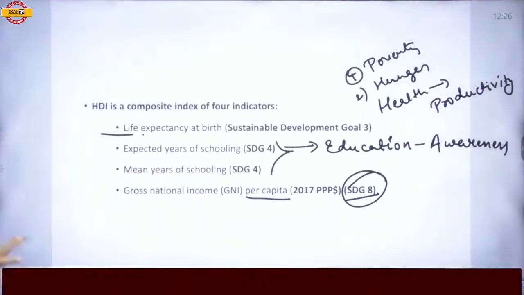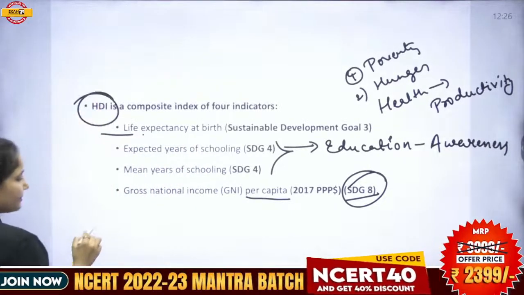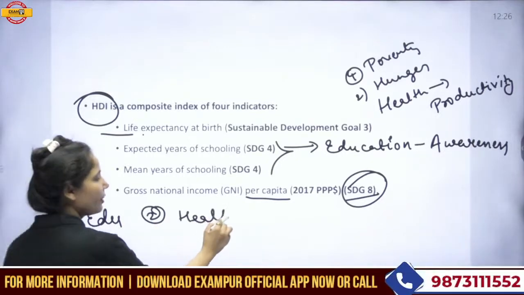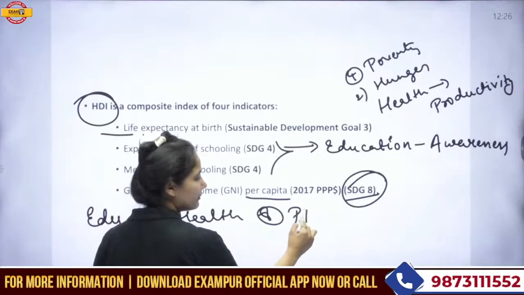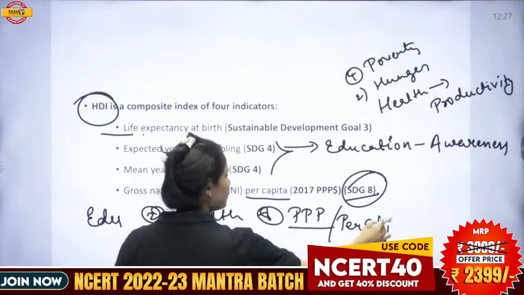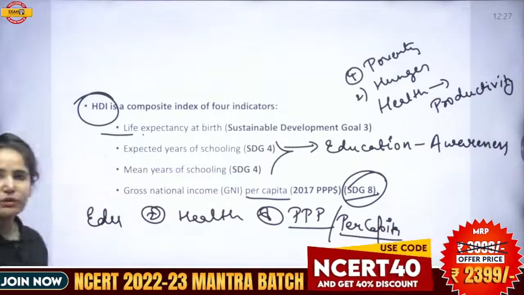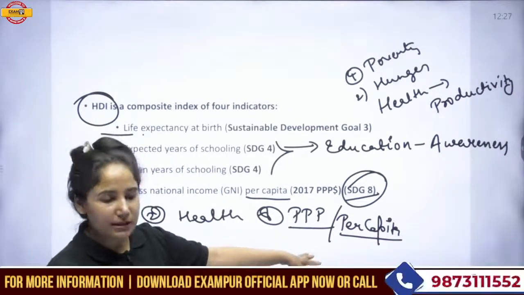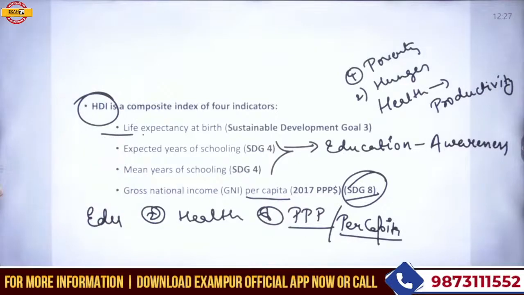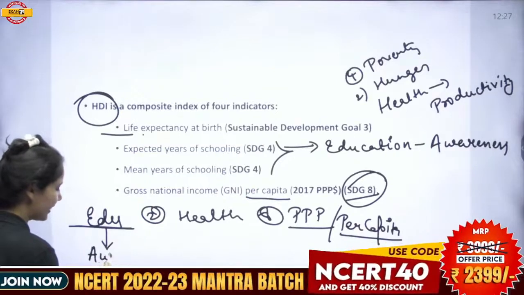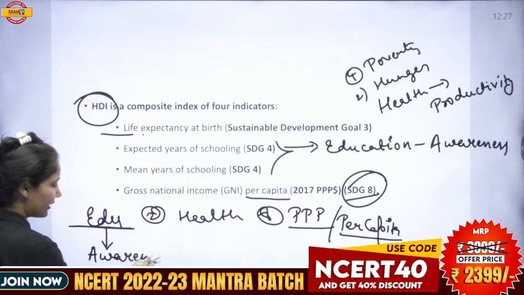Getting my point? Means HDI is made up of three things. First is all about education, second is all about health, and third is all about per capita purchasing power. PPP you can make the establishment of, or the per capita. Per capita is trying to include all the population into the scenario. If we are making the inclusivity of more people into it, it is considered a positive signal. Okay? So education is somewhere a source for spreading the awareness. This is meant for awareness.